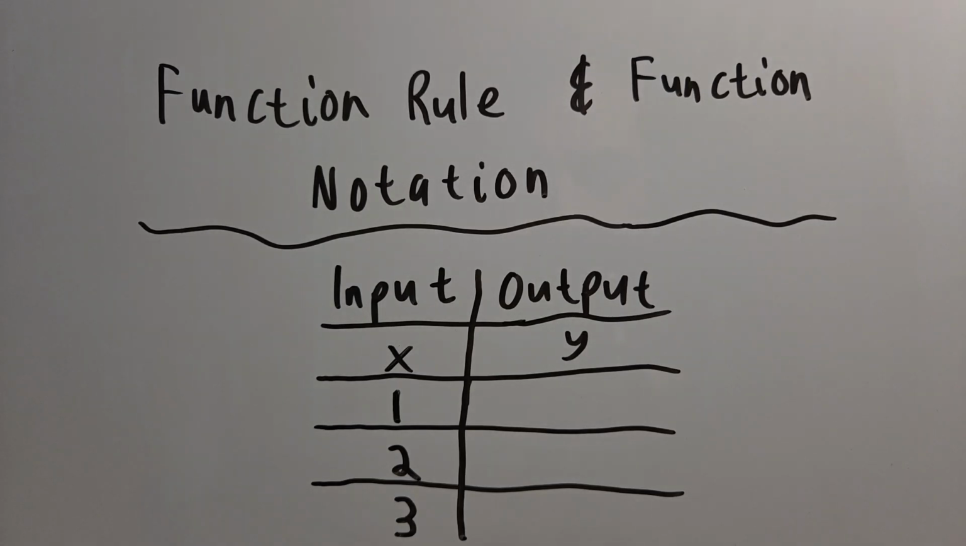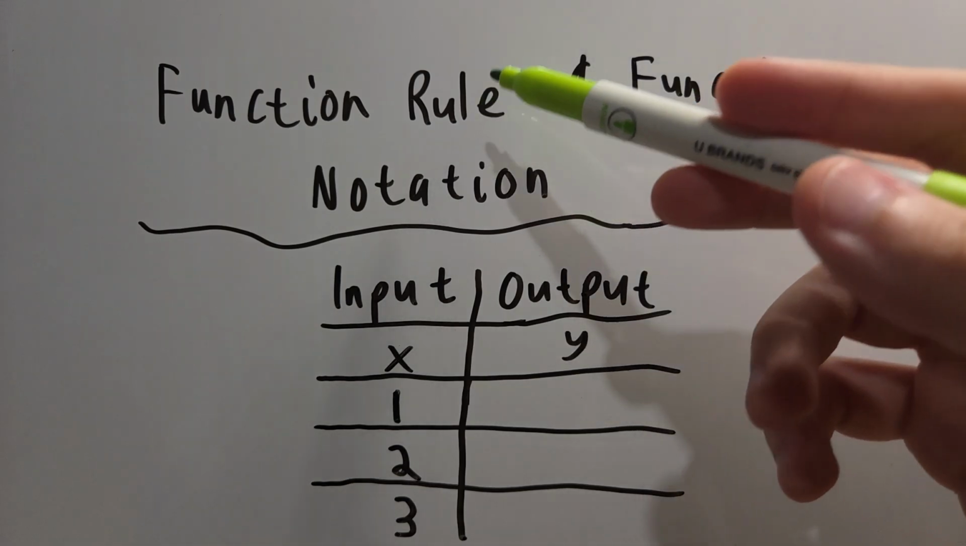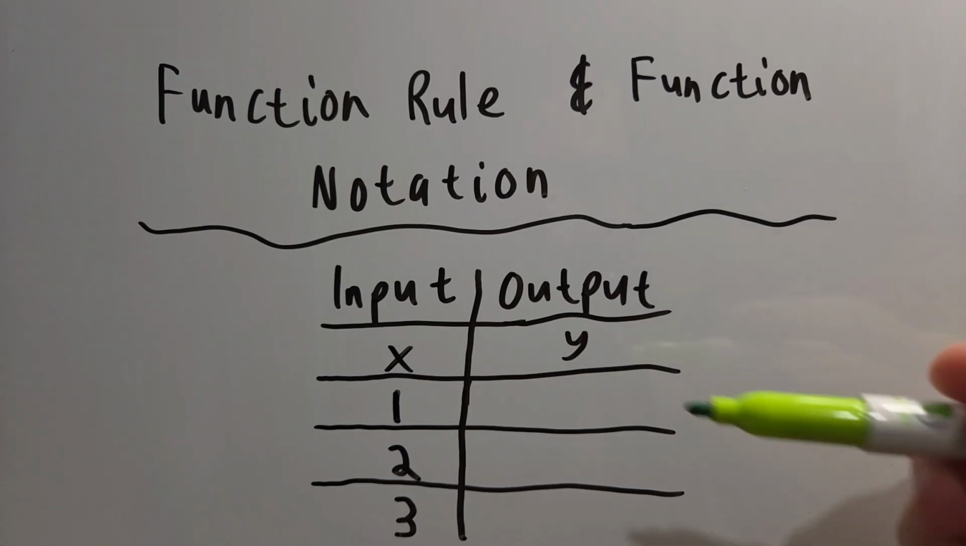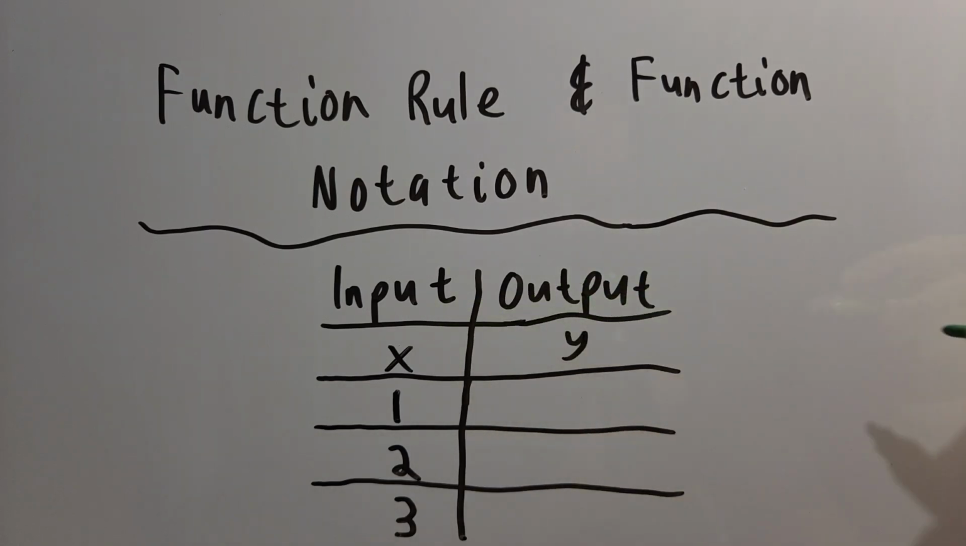Hello everyone. In this video, we're going to talk about a function rule and talk about function notation. So a function rule is an equation that describes a function. You can think of a function rule as like an input and output machine. So we'll work with